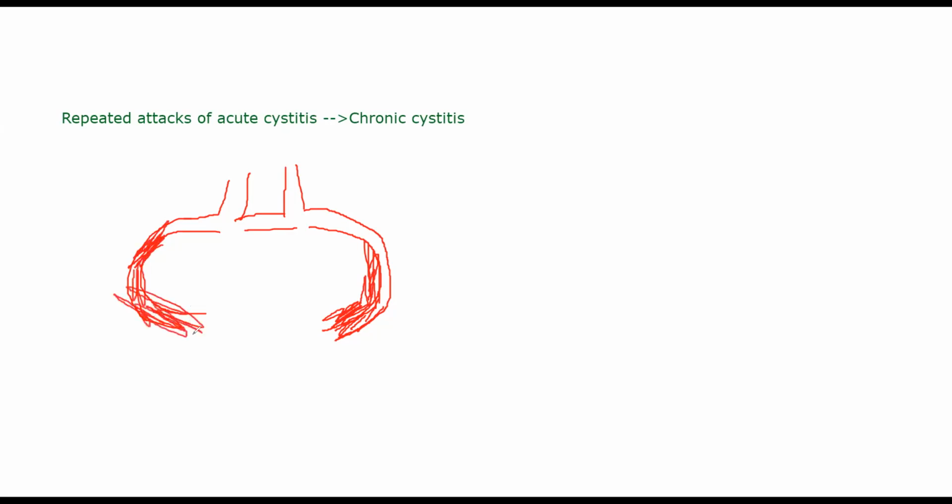That is one problem. Let's suppose thickening and scarring is occurring here. Along with that, granulation tissue will come into place. In repair, granulation tissue comes and fills up the area which is damaged. So here you will see a lot of granular cells present in the area. This area itself becomes very granular, and you will see polypoid masses. You will see small polypoid masses present in the wall of your mucosa. As such, in chronic cystitis, the patient will also have patchy ulceration.